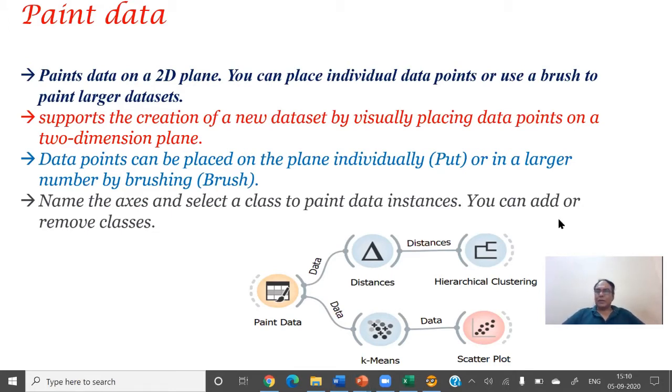And because now you are having the software, you just try with 3 variables, 4 variables, and see the effects. Okay, so paint data is quite interesting, and no other software is offering you this facility. For example, I showed you the relationship between income and consumption, and I demonstrated that if income is high, consumption is also high.